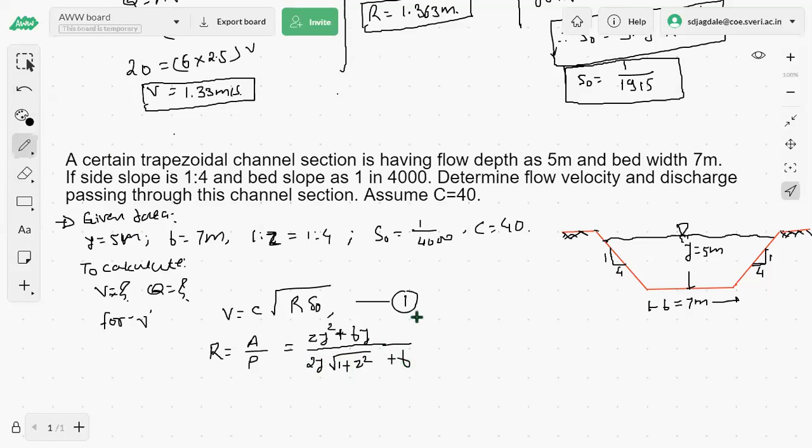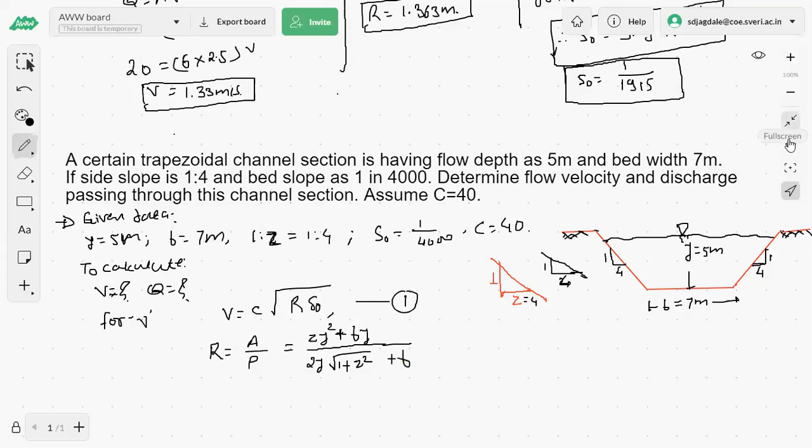Okay, now put the values here. तो यहाँ पे Z कितना है? ये देखो मैं आपको क्लियर कर देता हूँ Z यानी कि क्या हमने अज्यूम किया था. ये ऐसा हमारा स्लोप था वहां पे, उसको हमने वर्टिकल को Y अज्यूम किया था और हॉरिजॉन्टल को Z अज्यूम किया था. ओके, तो अभी यहाँ पे जो साइड स्लोप हमको दिया गया है, वो 1:4 दिया है, यानी कि Z का वैल्यू कितना हो गया? 4.